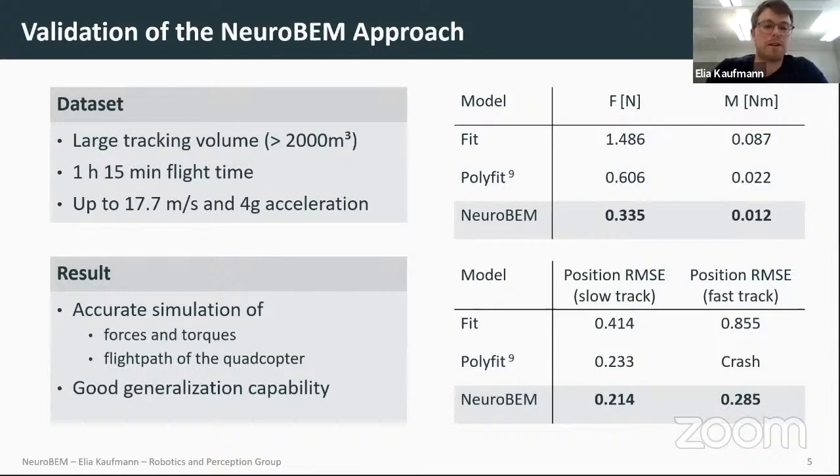When we use our model, here illustrated in the bottom table, to conduct virtual flights, this means we perform a specific trajectory in the real world and then refly this trajectory in simulation and see how close we get to the state evolution that we observe in the real world. We can see that again, our model outperforms both baselines by a significant margin. To illustrate this in a video,